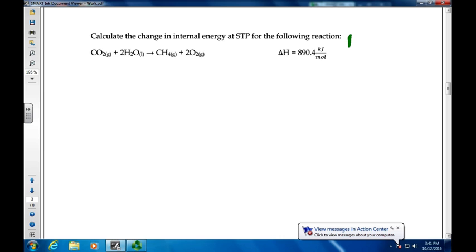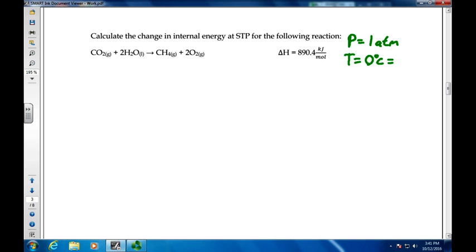So the pressure at STP is going to be 1 atmosphere, 1 atm, and the temperature at STP is 0 degrees Celsius, which is also equal to approximately 273 Kelvin. We're just going to keep it as whole numbers in this case,